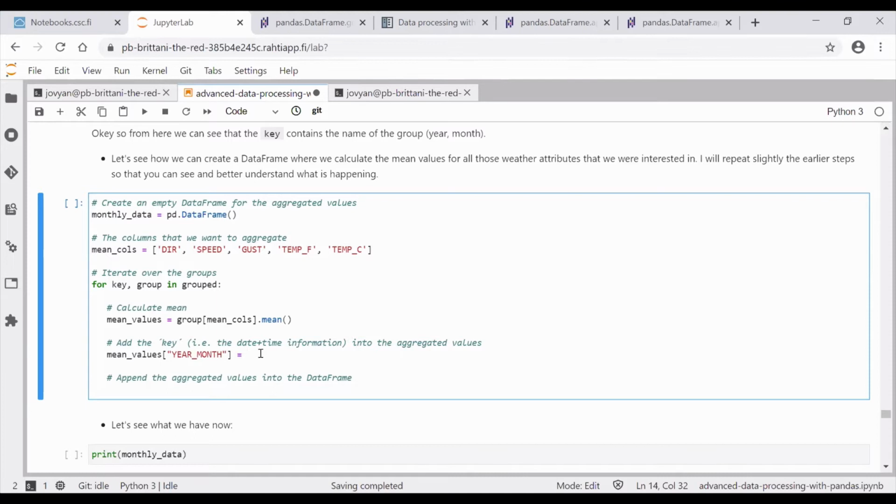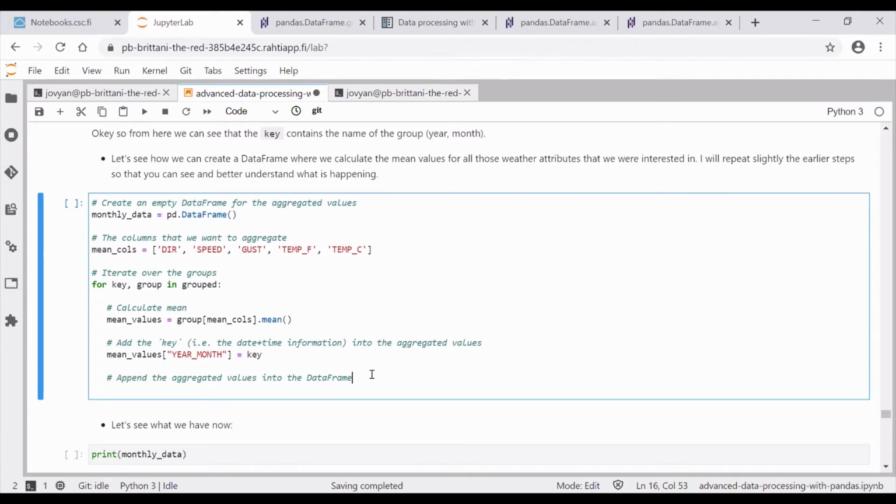Maybe I'll show another approach to this later. So what happens here is that we have a Pandas series with our mean values, and then we add one value with the label year-month there and store the current key. So we keep track of the key that we are processing,